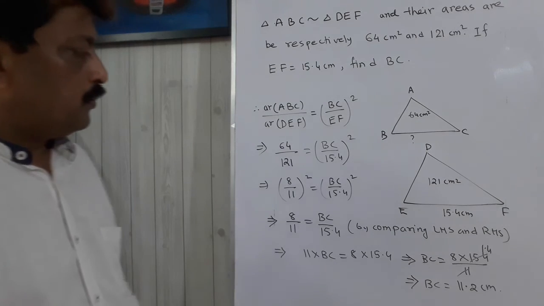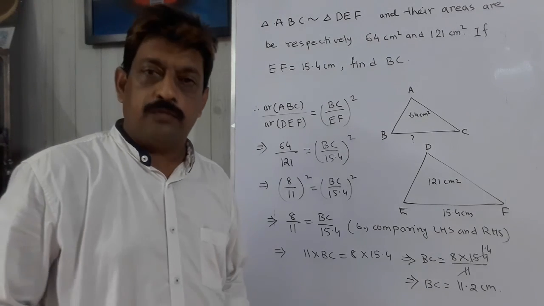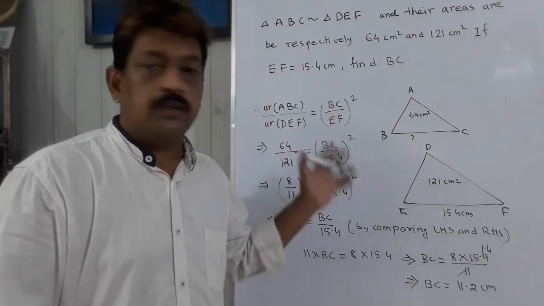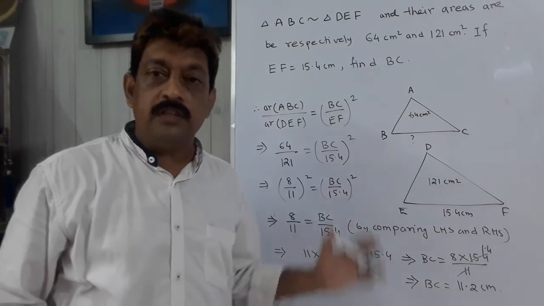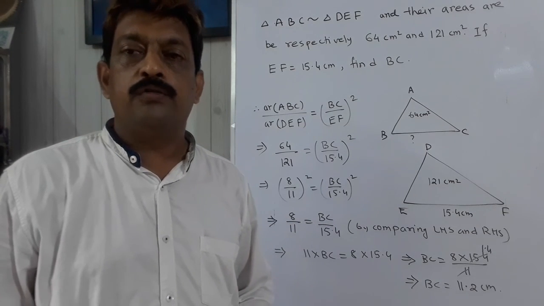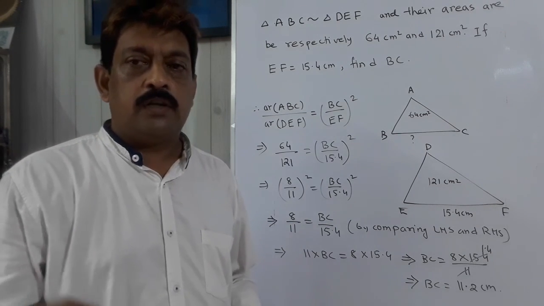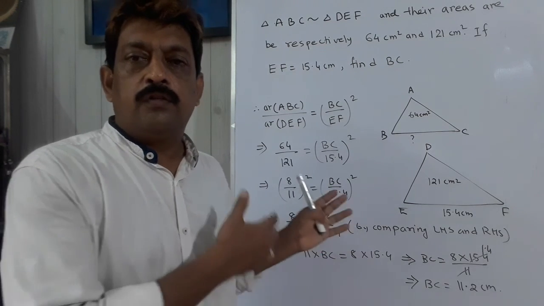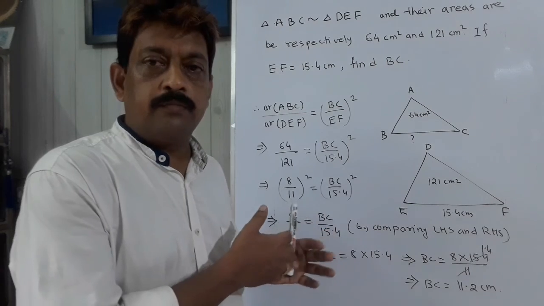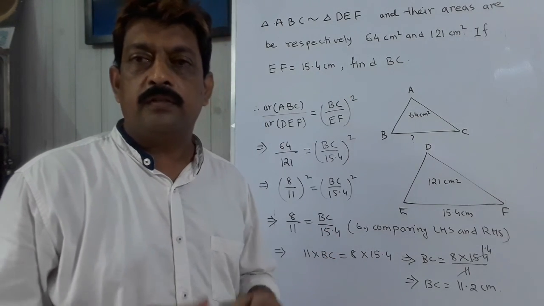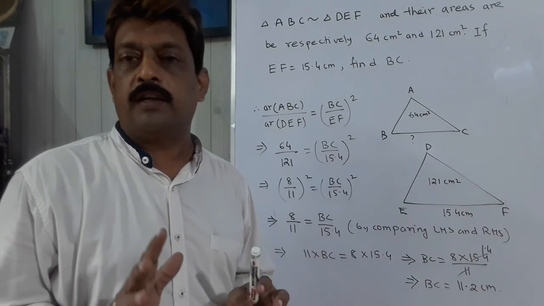Okay. So let us conclude the class today. Whatever we have learnt, you just go on practicing the theorem as well as the problems based on this theorem. Hope you will be able to do it by yourself now. So let us meet in the next class. In the next class, we will solve some critical, standard problems based on this topic, that is the ratio of areas of two similar triangles.